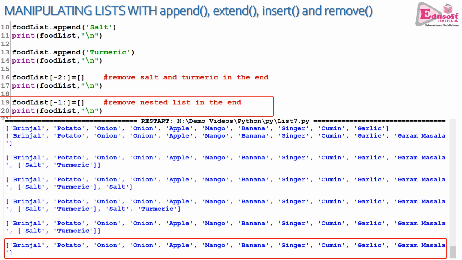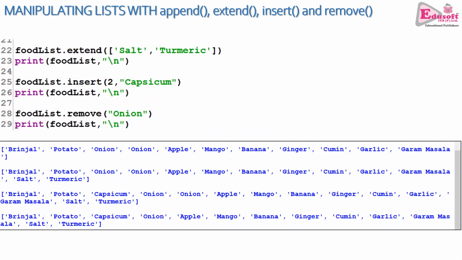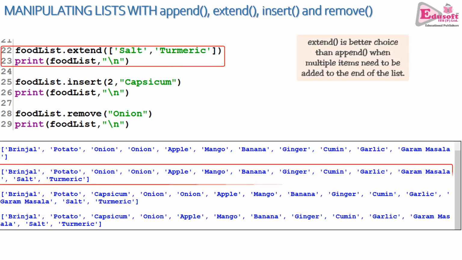So we were discussing that the append function takes one value at a time to append it to the end of the list. Another function is the extend function. The extend function is flexible enough. If you pass a set of values as a list into the extend function, it will split those values into separate elements and append them to the end of the list.